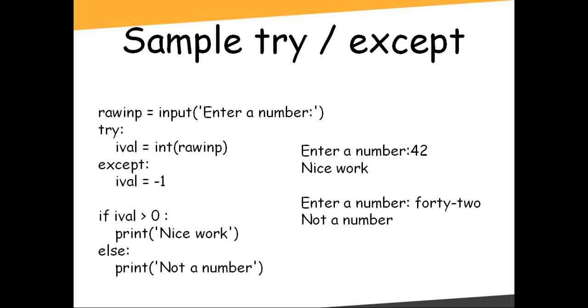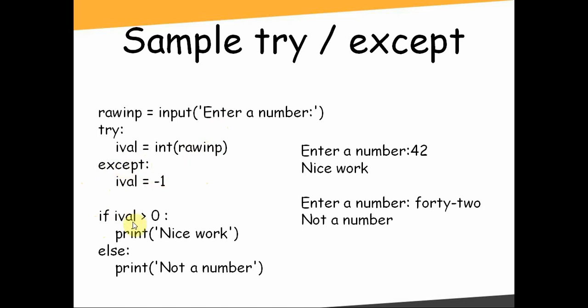Okay, here we got user input, and then in the try statement we are trying to convert that particular user input to an integer. If this statement is executed successfully, then this except statement won't get executed. Directly it comes here. If this fails, this except statement will get executed. So actually what this code does is we got input, and then we are trying to convert here. If this is executed, then this except is skipped, and then it will go here.